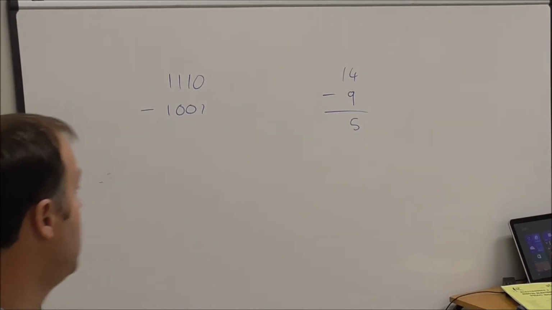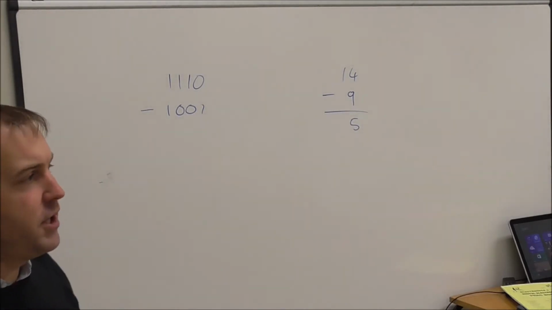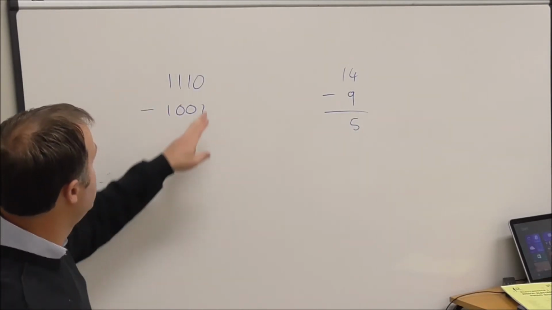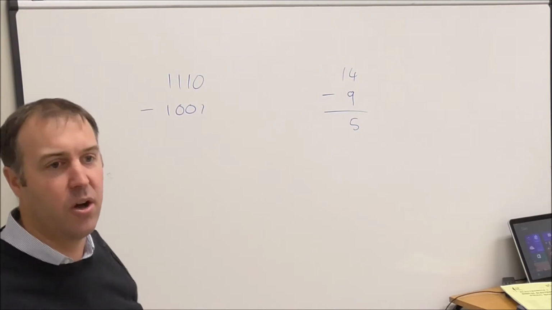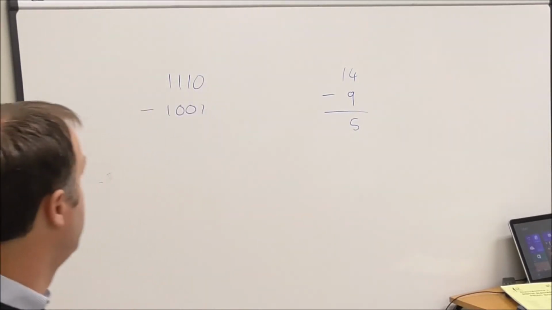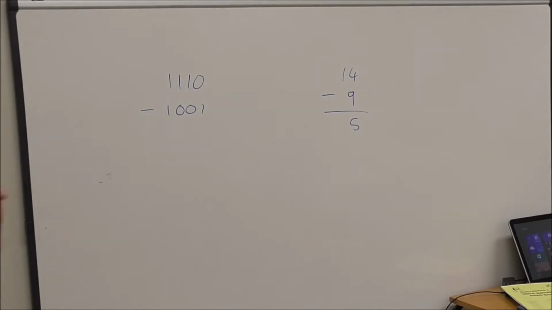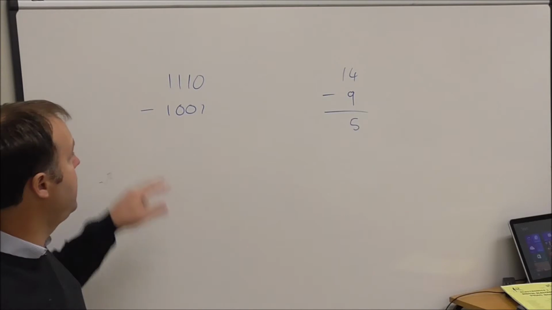Okay, so if I were to subtract these two, well, in decimal you kind of borrow, don't you? If I need to subtract a 1 from a 0, I've got to borrow from the next column, right? But we won't use that method. We'll use something called 2's complement to do it. I'm also quite happy if